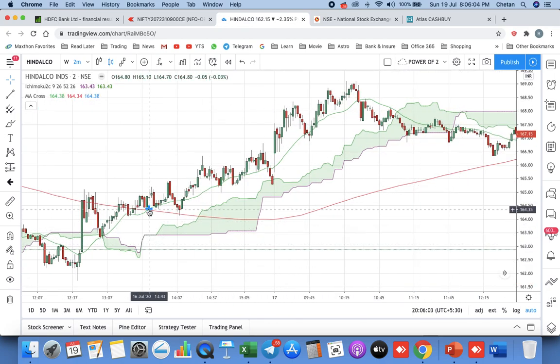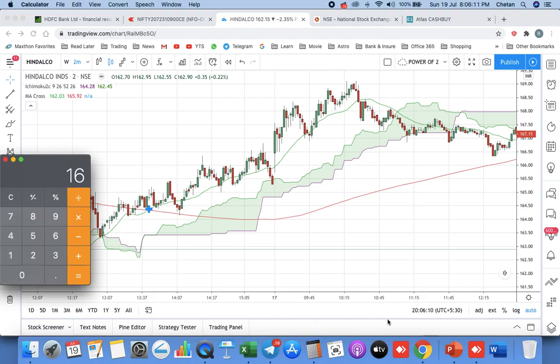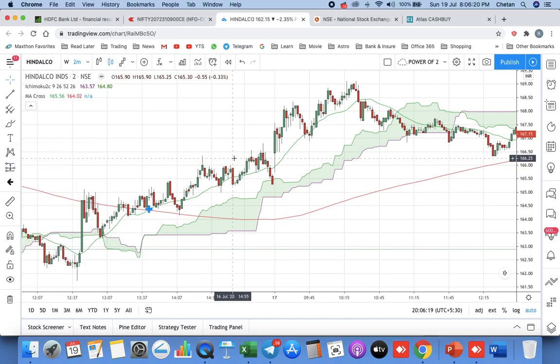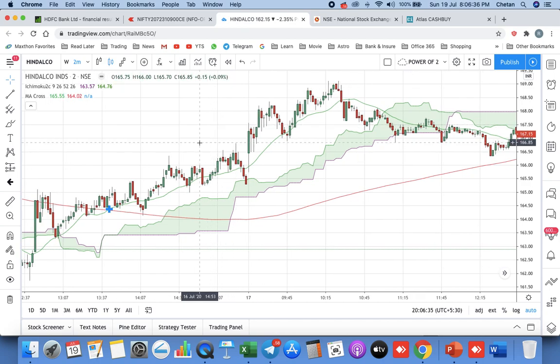Similarly, you see a buy signal at 164, it made a top of 169. So 5 rupees gain on 164, you got a 3% gain from the signal. So 3% is a very ideal target. Once you reach the 3% target, sometimes it can go further, like Britannia, if you got the signal, it went up 4.5%. So don't bother about that. If you get 3%, you should be very happy, it's the ideal time to exit. Another 1.5% is not a problem, or you can trail your stop loss.